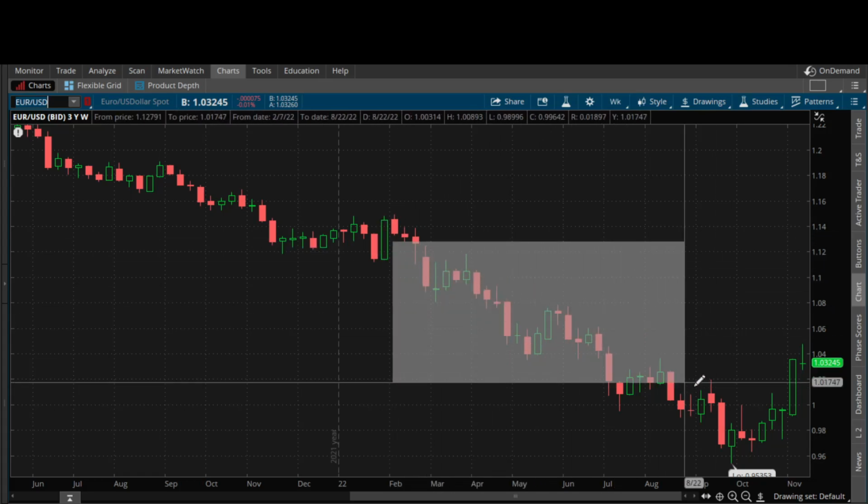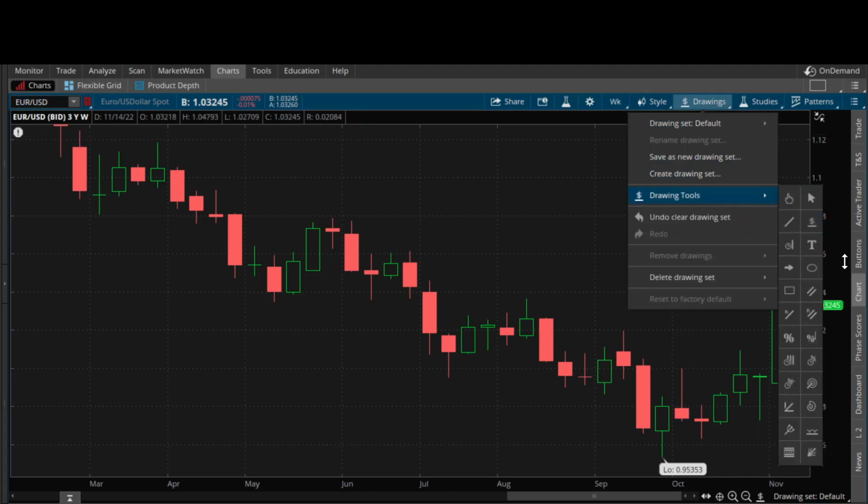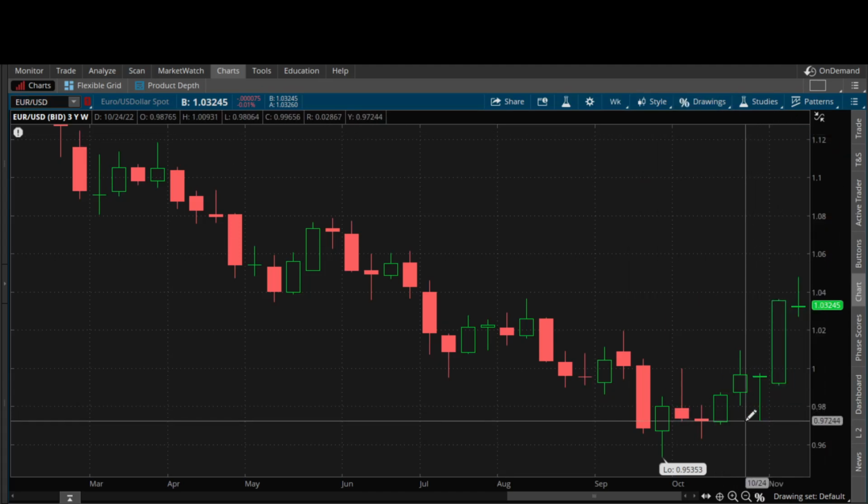To determine that, we have to take the most recent price range. See this swing low right here, the lowest low in the middle, two higher lows on the left, and a higher low on the right there. So two higher lows on the left and the right, that makes it a swing low. This is your established price range right here.